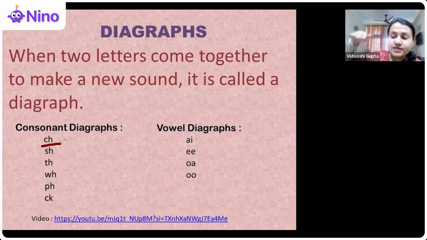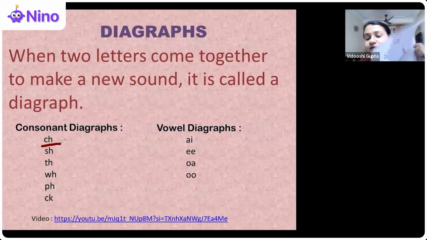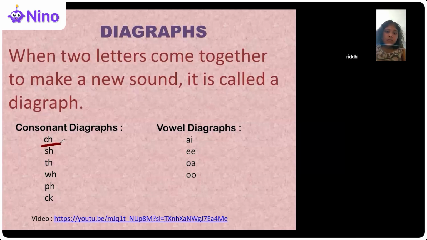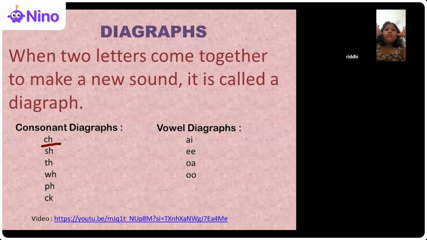Similarly, letter S makes the sound like a snake moves. You know what sound letter H makes? Do you know the sound of letter H? Yes, what is the sound? Yes beta, H is the name of the letter, and the sound of letter H is h, like hat, h, h. That is the sound. But when S and H come together and become best buddies, they make a new sound.